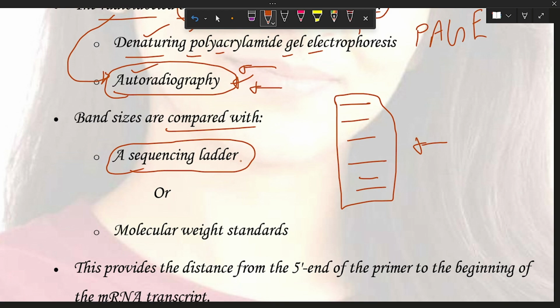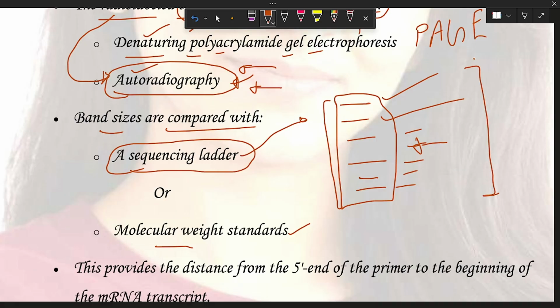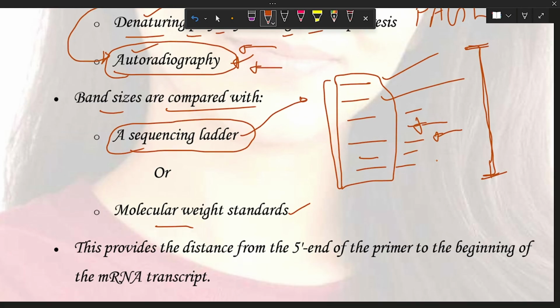We compare these bands: what is their size, what is the number of nucleotides, and what is their molecular weight. Like if you have some height, how do you measure it? With a tape. The ladder is a type of tape we can consider.